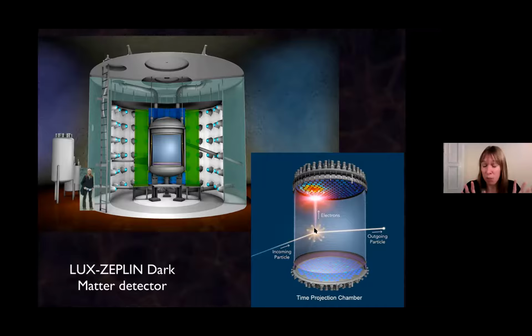They've been running projects like this for many years and they haven't found anything yet, but the next one is going to be 10 tons of xenon, and they really, really should find something if there's something to be found. So watch this space for the dark matter detectors. It's going to be extremely exciting. The reason why it's so difficult to find them, by the way, is you can imagine the dark matter particles as just being really, really, really tiny.